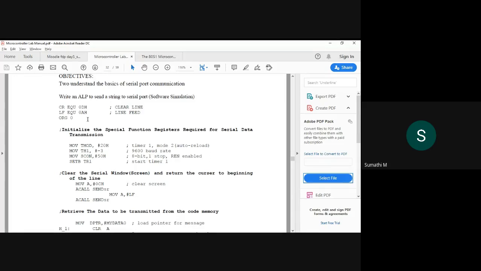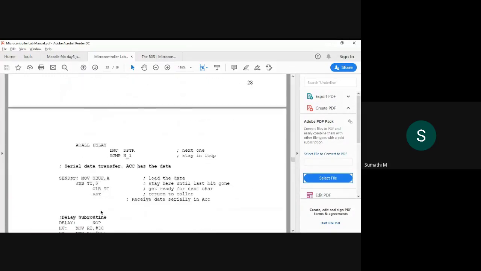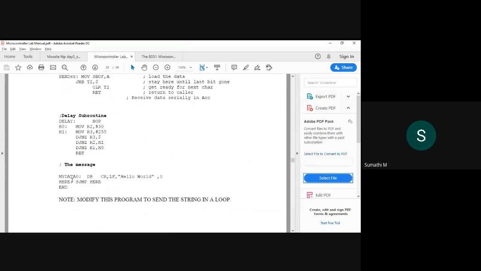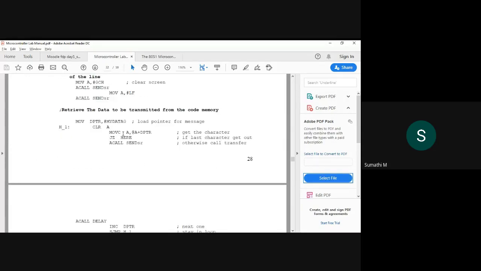Okay, whenever you are going to feed something, wherever you want to keep the cursor, there you can give it a line feed. Okay, this is in assembly. That's all we are doing. So these are the basic requirements. I have already stored the data here using the DB directive. Now I am accessing it serially. Now the program starts here.